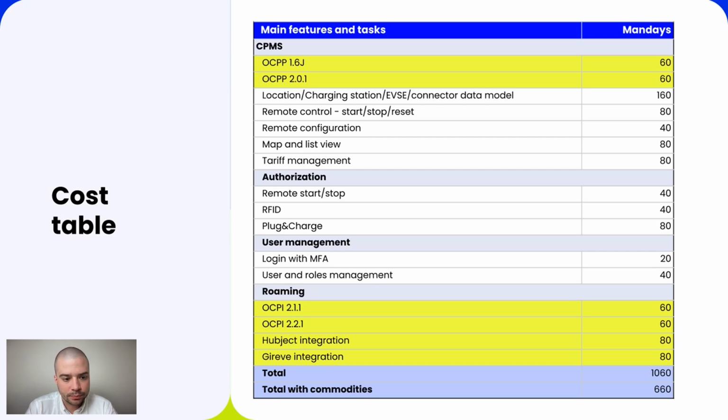And to give you some kind of high-level understanding of what is the investment needed, I prepared some very basic charge point management system that on the one hand can talk to multiple hardware manufacturers by OCPP 1.6 or 2.0.1. It can also talk to hubs, Giraffe, Hubject, and to other third parties over OCPI 2.1.1 or 2.2.1. And internally, it gives you the very basic set of operations required for the day-to-day life as a CPO.